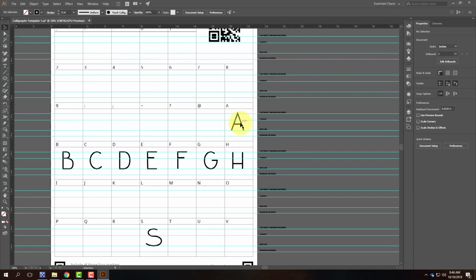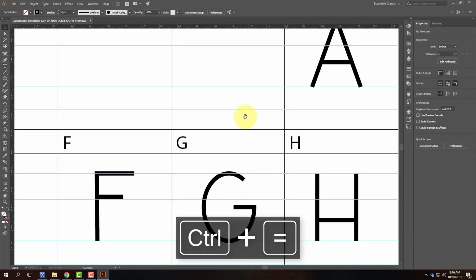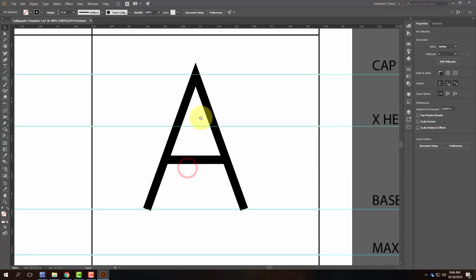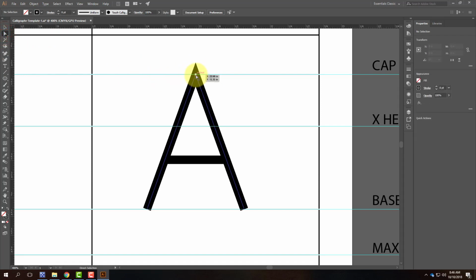I also have some options for how I control the style of these letters. So let's look at the first one that I did. Let's look at the letter A. So there's the letter A. I have options for how the endpoints of this A are dealt with. So let me go ahead and use my Direct Select tool, the white arrow, and let me select this point here in the center. When I select that point there in the center, I can come over to my, and this is again in the Essentials Classic mode,